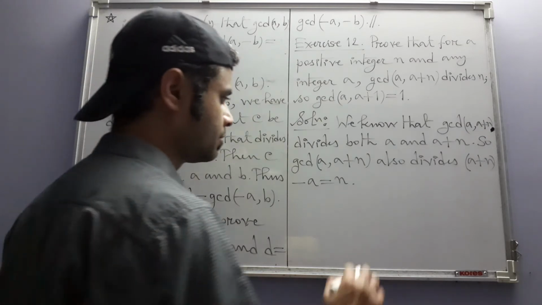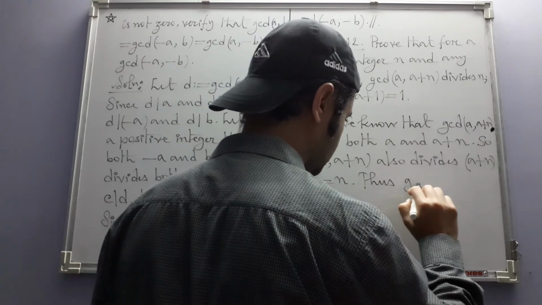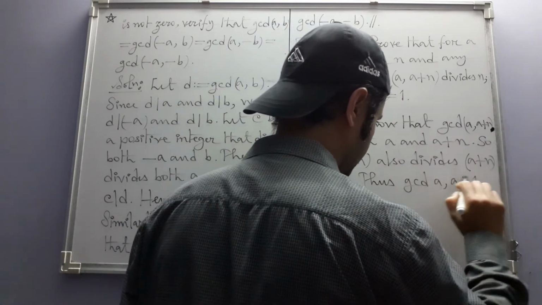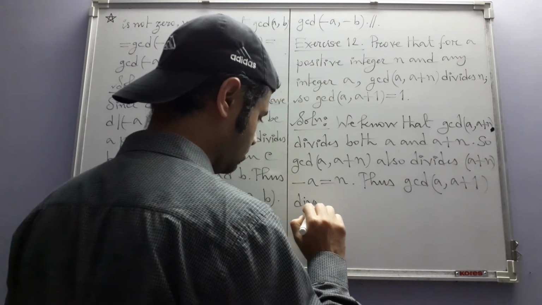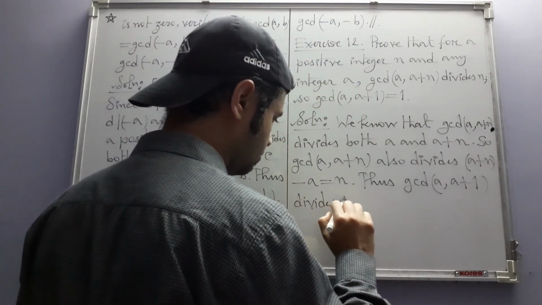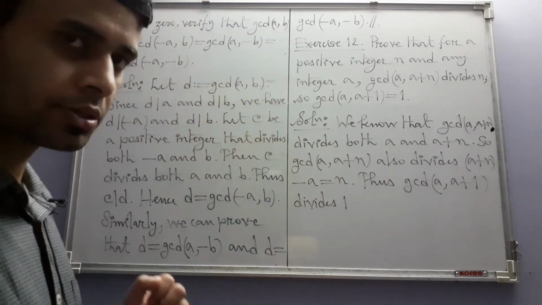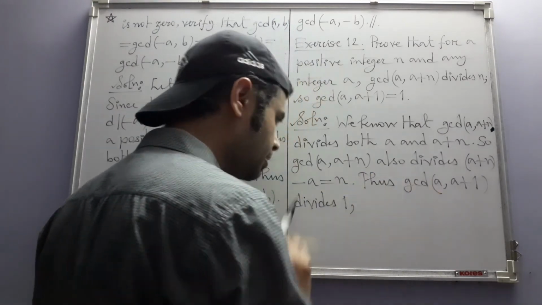Thus GCD of a and a plus 1 divides 1. Because GCD is a positive integer for us, it will be equal to 1,